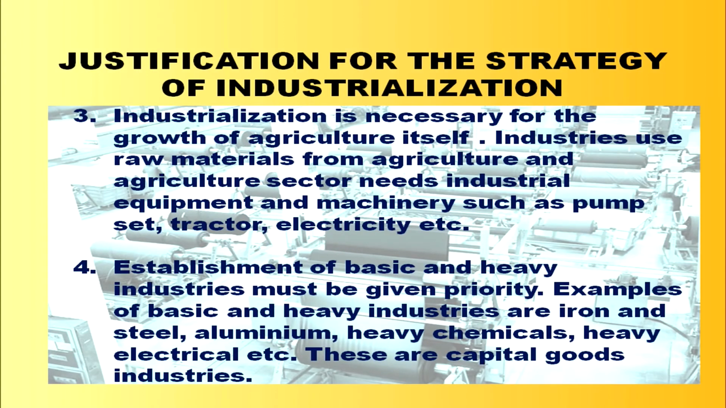The third justification is that industrialization is necessary for the growth of agriculture itself. Industries use raw materials from agriculture, and agriculture needs industrial equipment and machinery such as pump sets, tractors, electricity, etc. So both are interdependent. The fourth justification is that establishment of basic and heavy industries must be given priority within